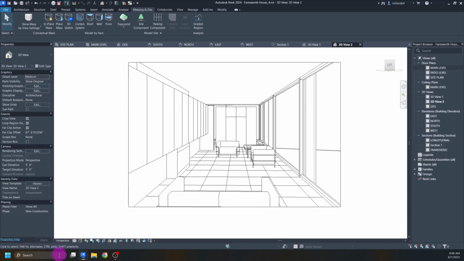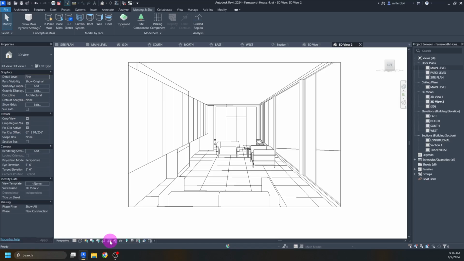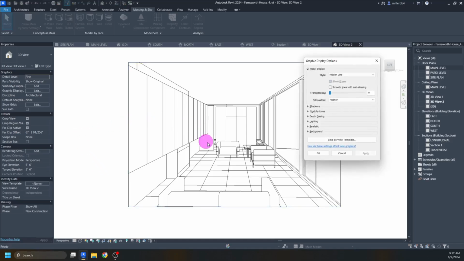And again, things that we want to consider is our detail level. You might see more changes when you change or define. Shadows, whether they're on or off. Make sure you turn that crop region off so you don't see that big box. But that's also something too when you go to take your screenshot that you can sort of help get rid of. And play around with too if maybe ambient shadows. So GD,